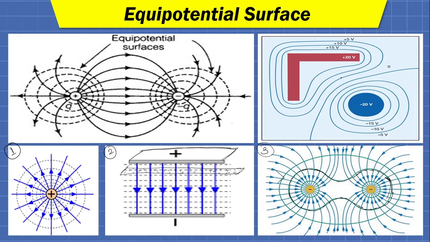Actually we can have an infinite number of equipotential surfaces, but here, for simplicity, we have just taken plus 5, plus 10, plus 15 volt, 0 volt, and minus 15, minus 10 and minus 5 volt. So this is a very important and easy experiment to do when we go for laboratory work. Okay, moving further,